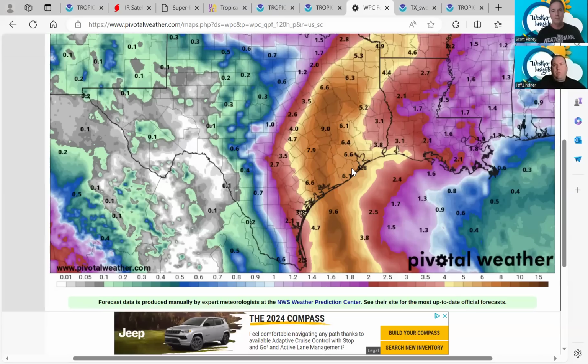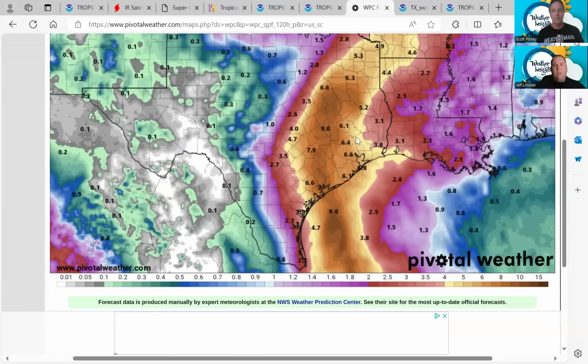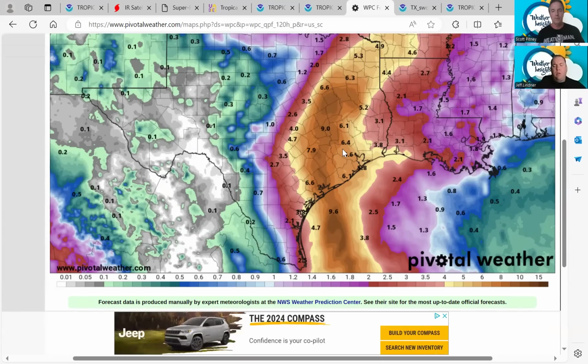We're obviously dealing with a tropical air mass, so you can get some pretty heavy rainfall rates. This could lead to some urban flash flooding in some of the urban areas. Definitely going to have to watch the creeks and the bayous, and eventually the rivers. This is going to impact the Brazos, the San Bernard, the Tres Palacios, the Trinity, and the San Jacinto basins, and we'll have to see what kind of river responses we get as this not only makes landfall and moves inland,